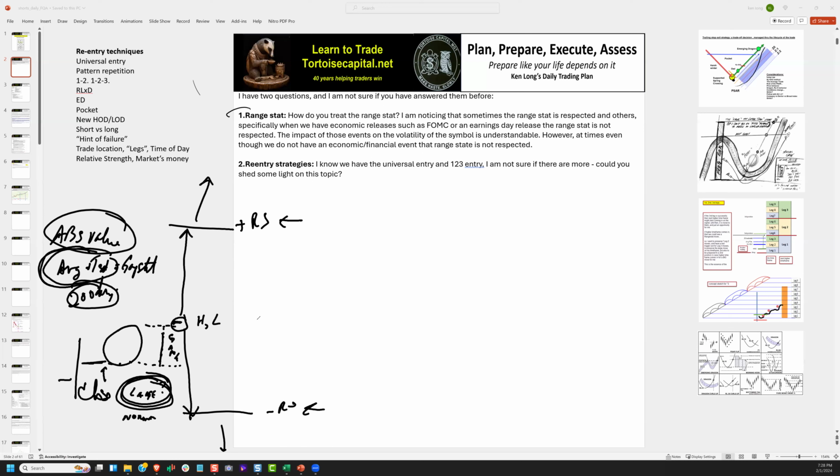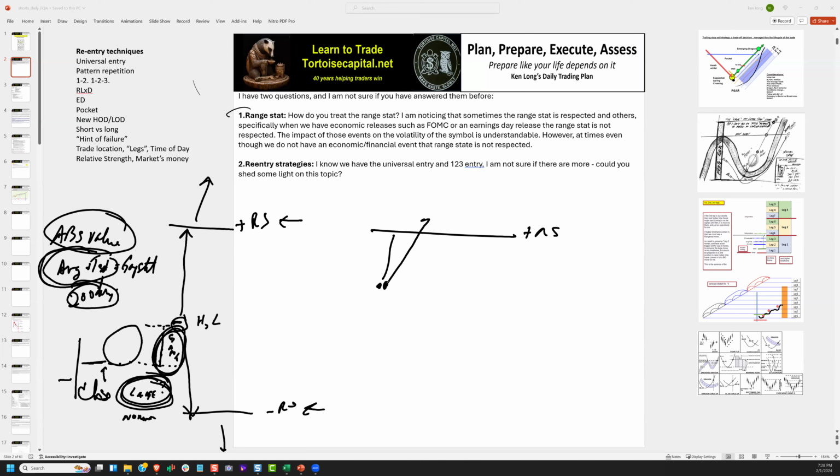So that allows me to be prepared on days where there's a large gap in my favored symbols, to be ready to start getting 2 or 3 positions in, and then not to be surprised if it goes beyond a range stat. Now, one of the things that we've noticed is that if you have this as the open and you had some kind of plus range stat move up there,